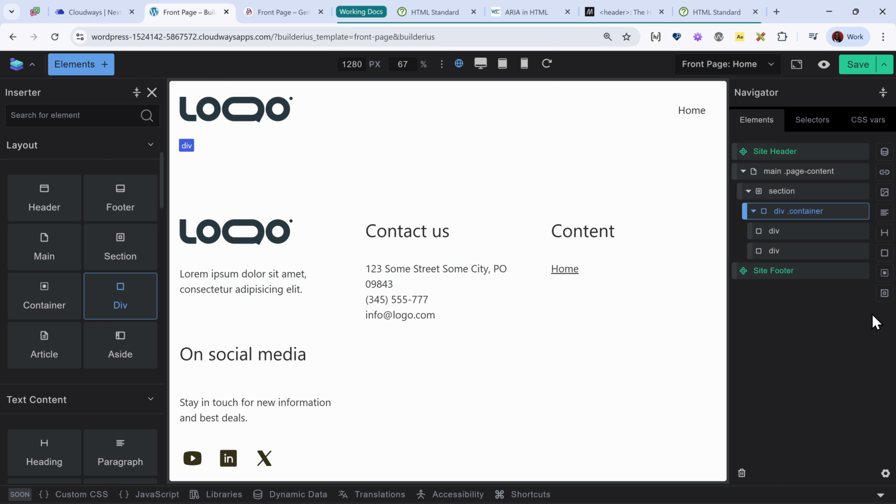Starting at the bottom, we have a section, then a container, a div, heading, paragraph, image, link, and then the collection element. So that's a nice handy toolbar where we can quickly insert elements. It's like a quick access toolbar, and the elements there are not fixed. You can remove and add elements as you see fit.